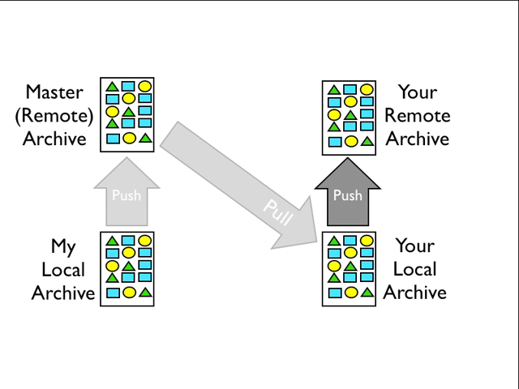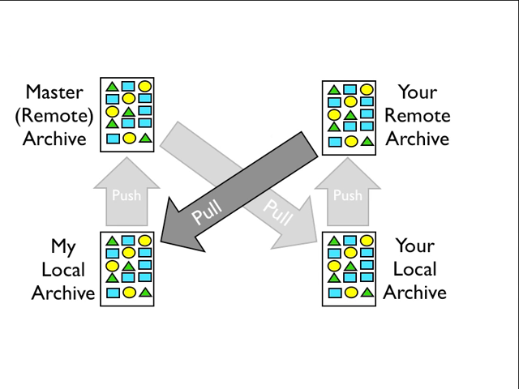They then send me an email or some kind of notification that says, hey, I've made these changes to your project, and they're here in this archive. Here's the URL, and here's the branch that you should grab and look at. So I go to that archive, I pull down their changes, and I